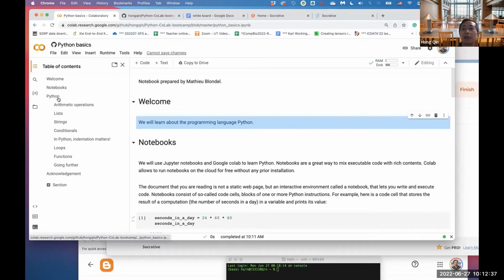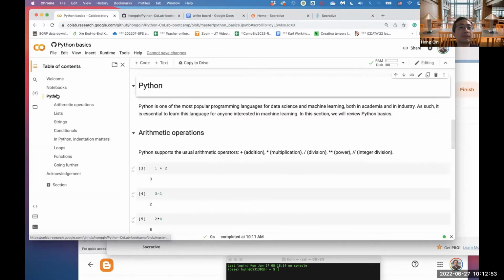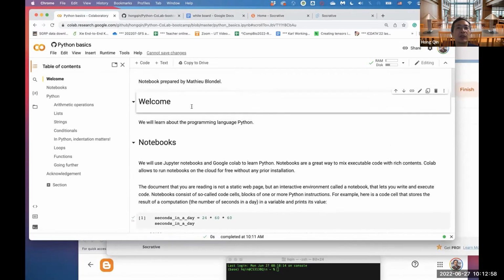The Python part is the basic material we are going to go through. Basic operation, data type, list, string, conditional, loop and function, some very basic Python syntax. One thing about the notebook,